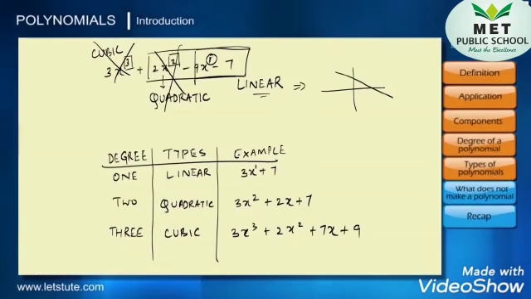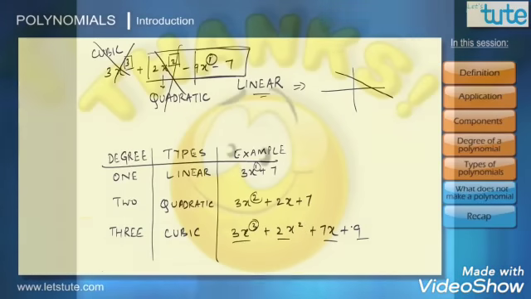But what can we notice over here? We can see that as the degree increases, the terms also increase. Why? Because these degrees are nothing but the highest powers. See, if the degree is 1, you are having 2 terms. If the highest degree is 2, you are having 3 terms. And if the degree is 3, you are having 4 terms, because below the highest power are other terms which contain lower powers than this. Thank you.